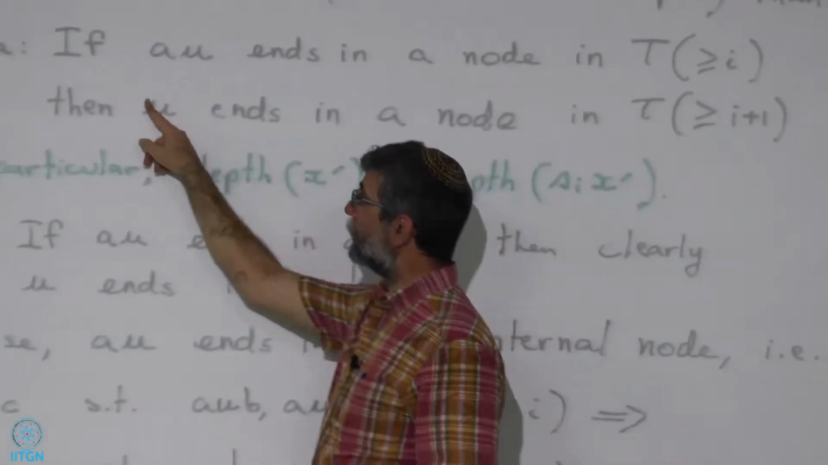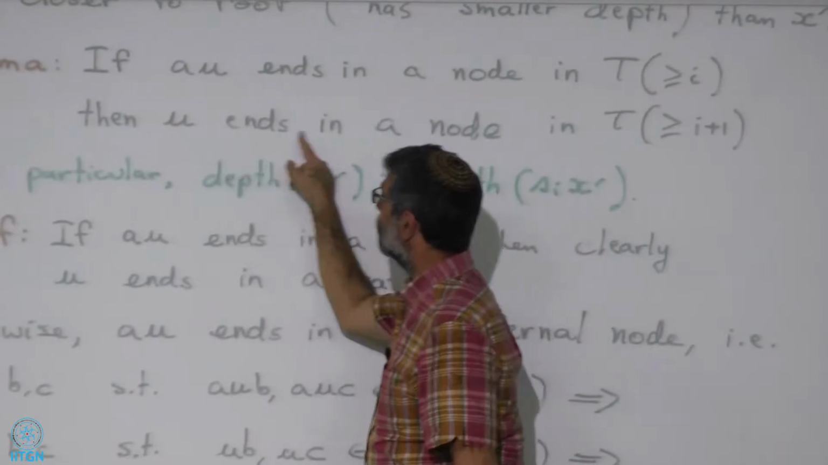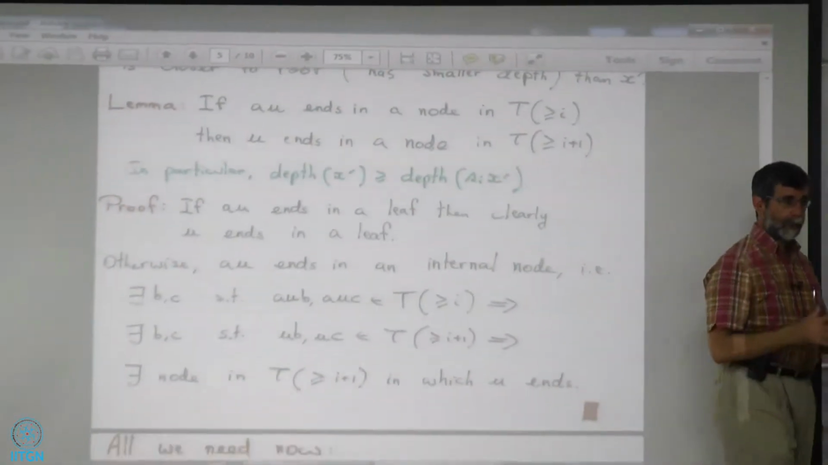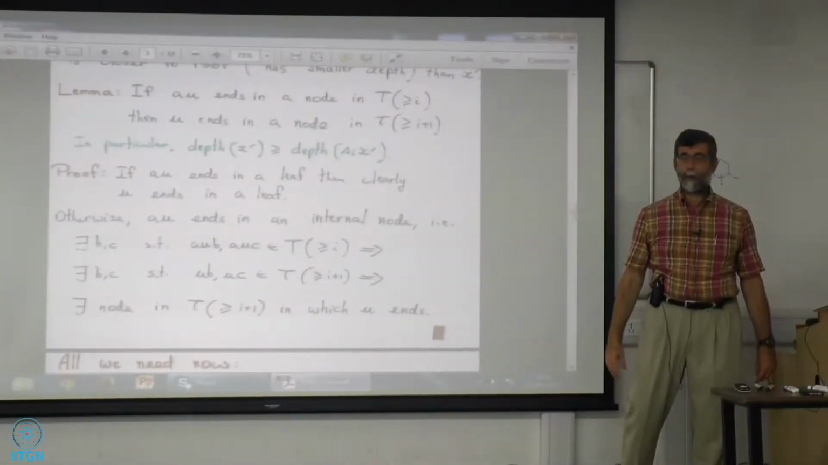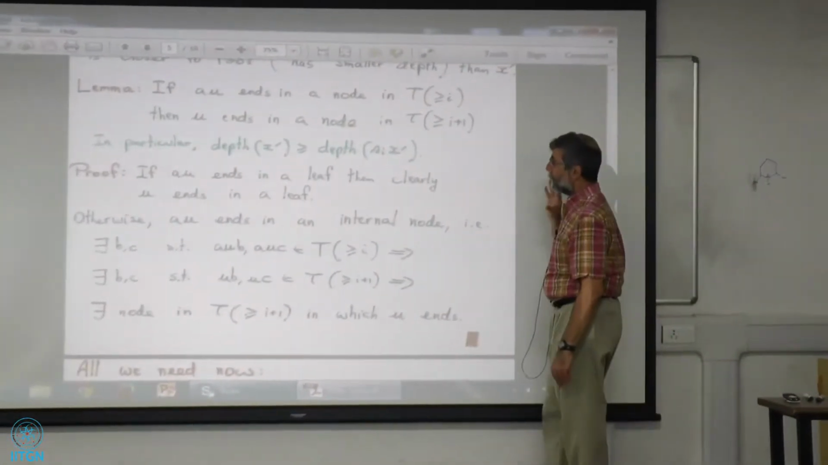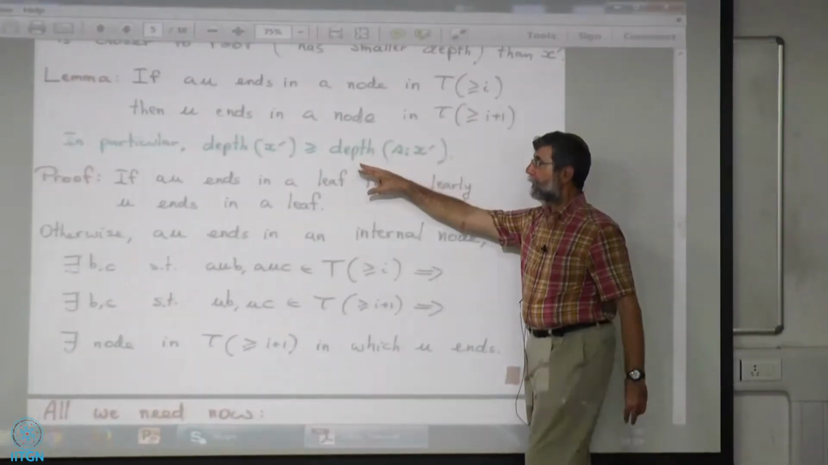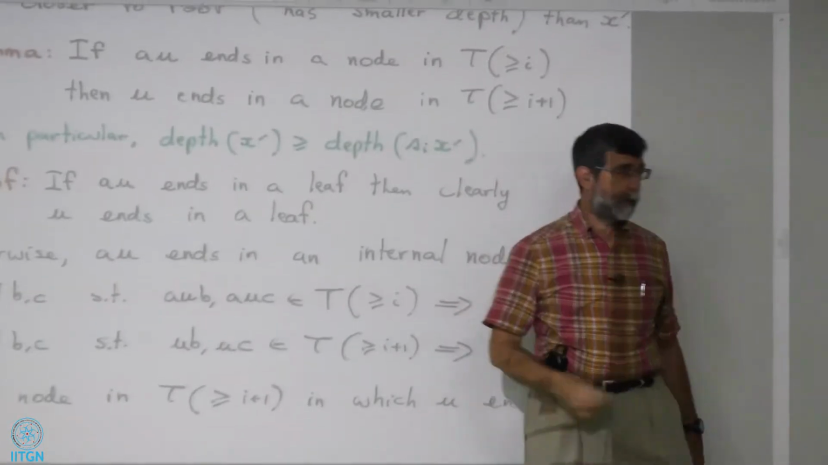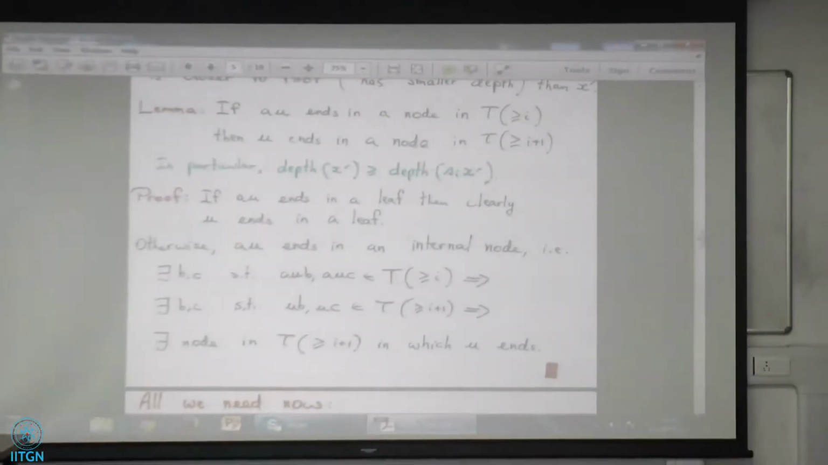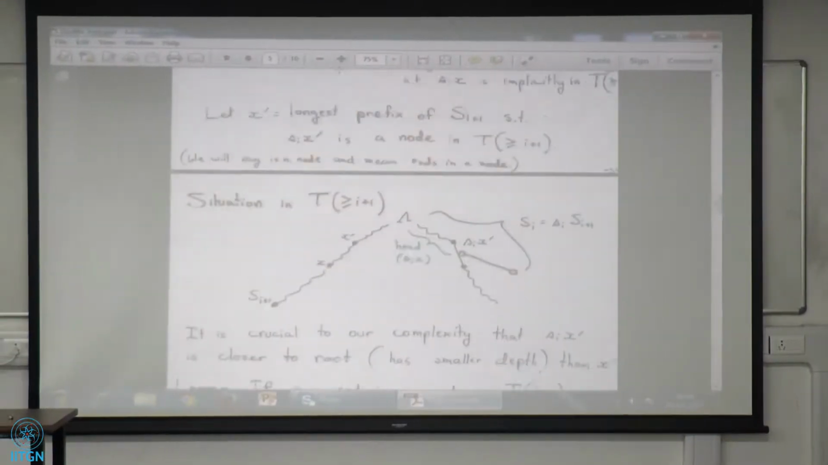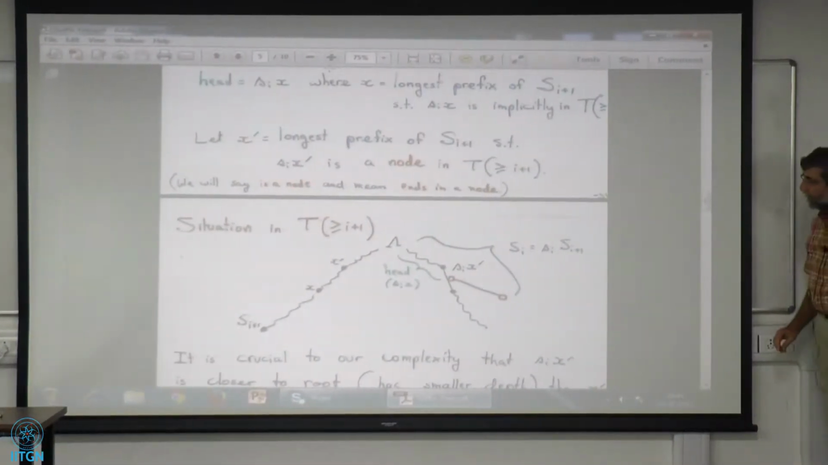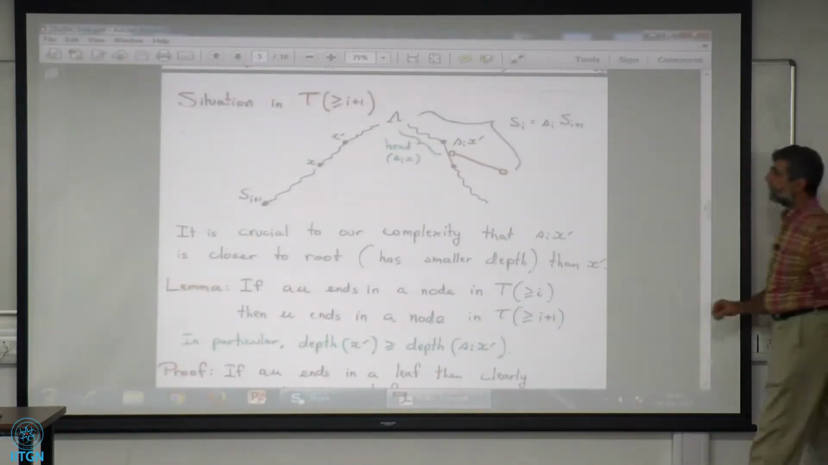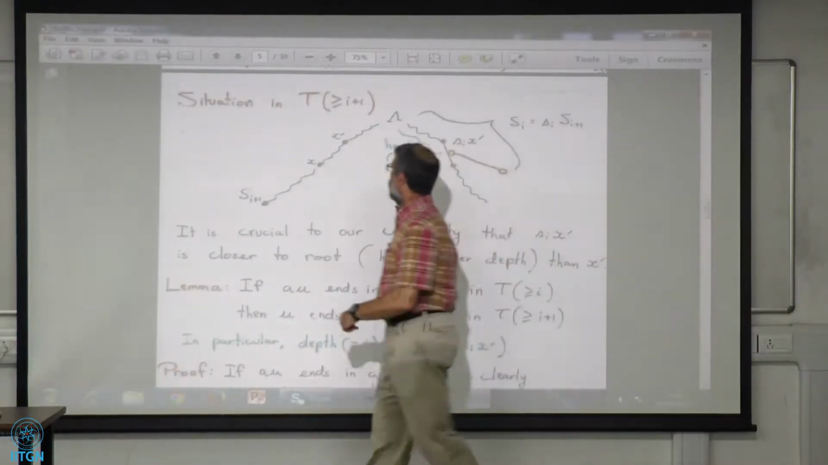Well, then U itself, without this, also ends in a node in, well, TI+1, but again, think of it as the same tree. Okay, so if that is the case, then in particular, the depth of x prime has to be greater than the depth of SI x prime. Why? Let's look at the picture again before we prove that lemma. Okay, so here is this picture. So the depth of